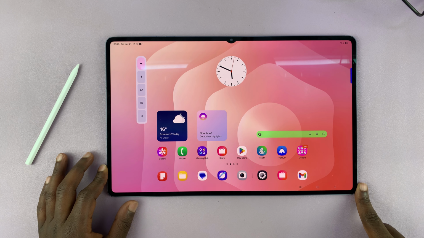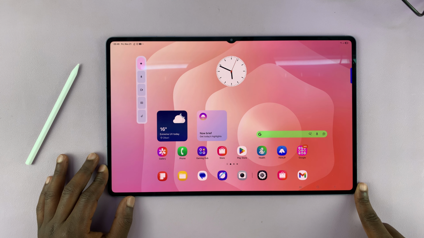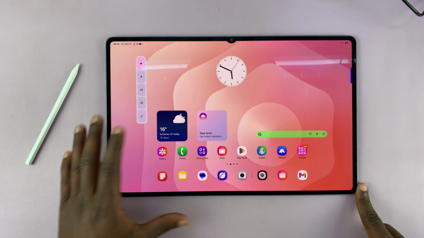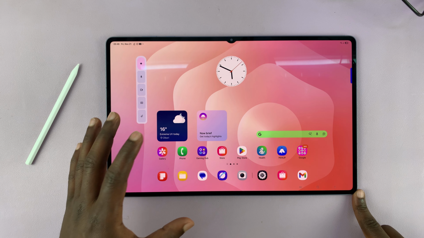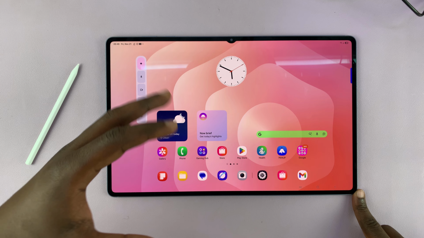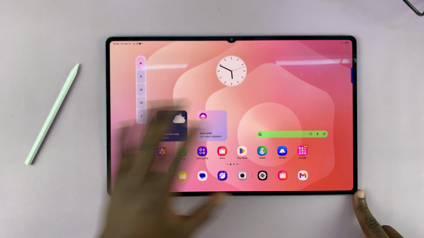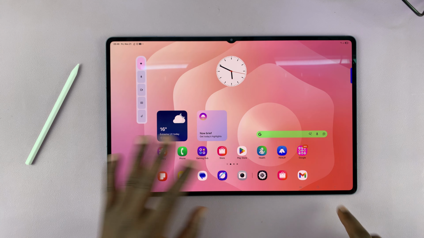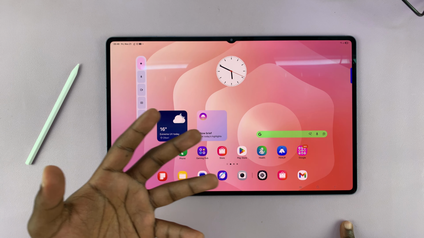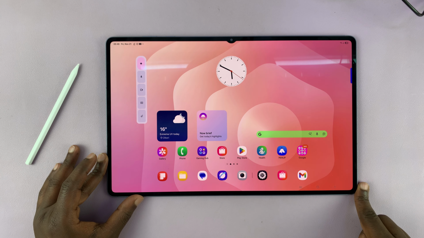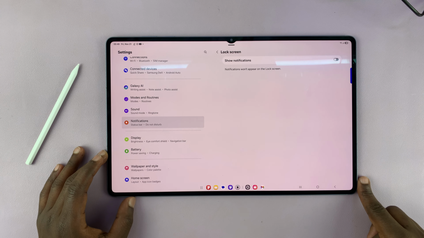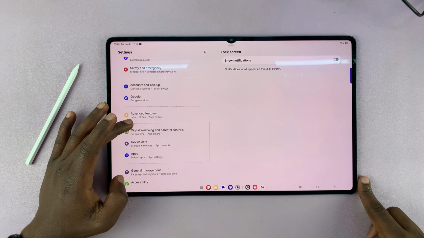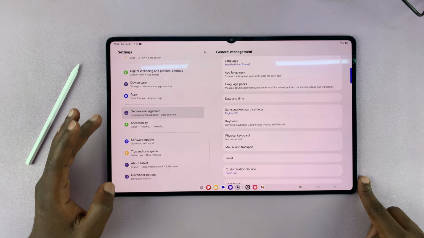So I'll be showing you how to enable and use voice typing on your Samsung Galaxy Tab S11 Ultra. Now, voice typing is also known as voice input or speech to text. So basically, instead of typing with your hands on your keyboard, you can just say what you want typed and your tablet will type it for you. So to do that, go to settings, and then under settings, go